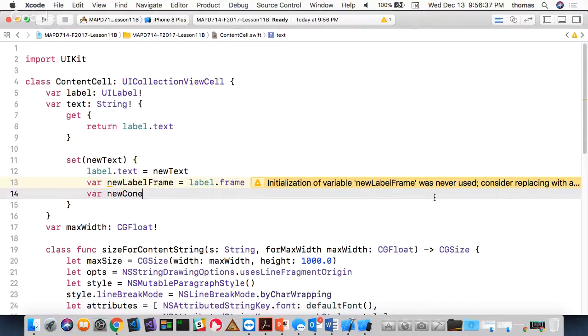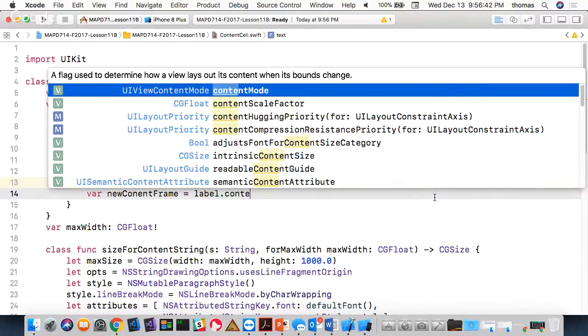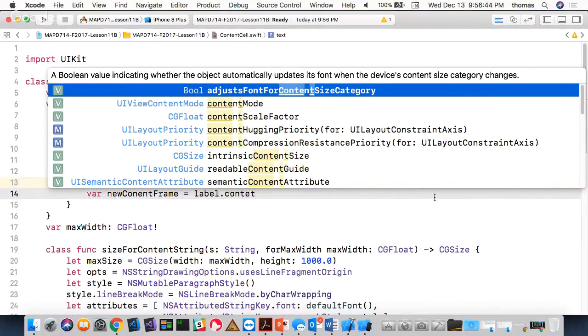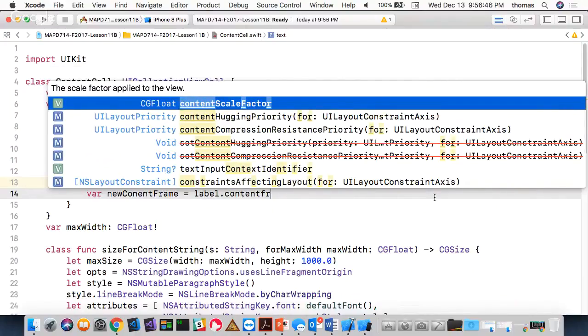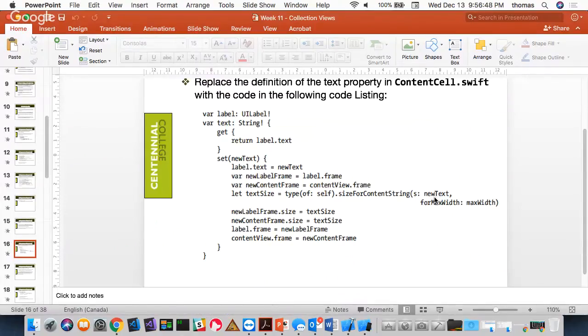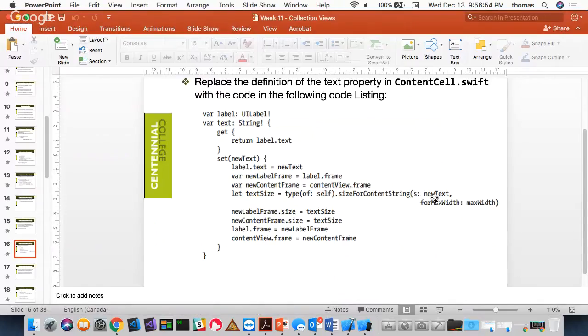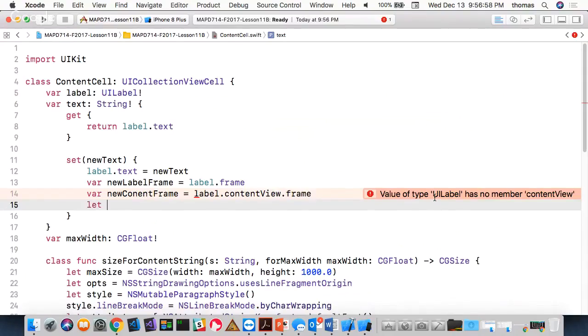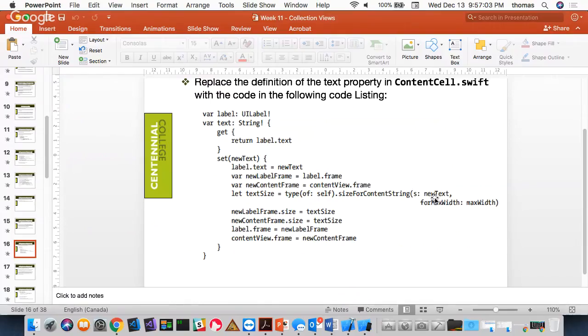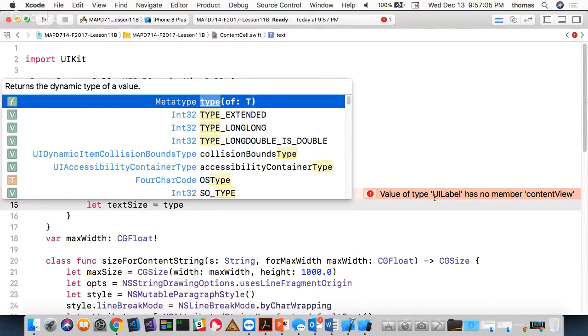New content frame is equal to label.content view.frame. Content view.frame. Okay, and then the text size, we're going to make it so that it is a custom text size. All this stuff has to be figured out. This is the thing when you do programmatic views of any type of